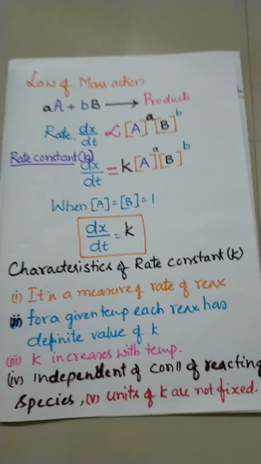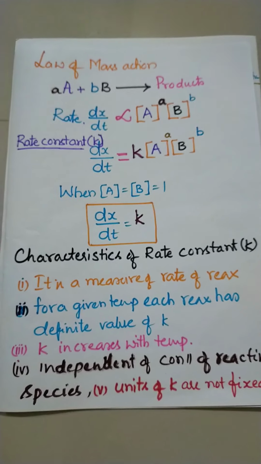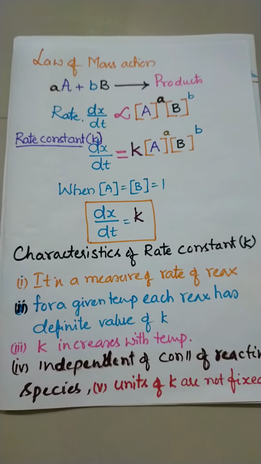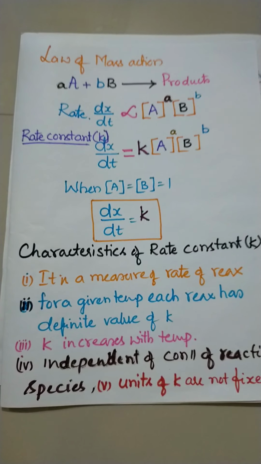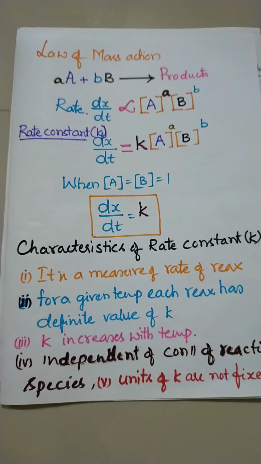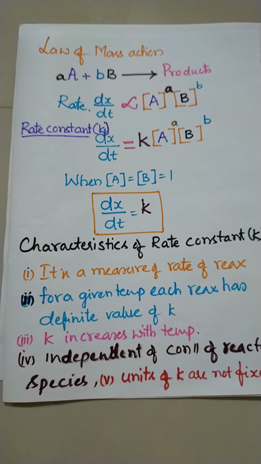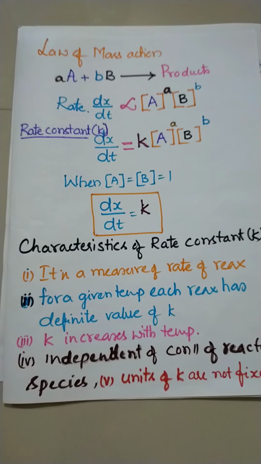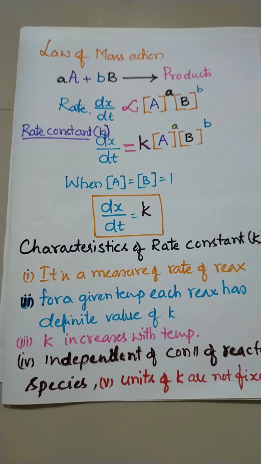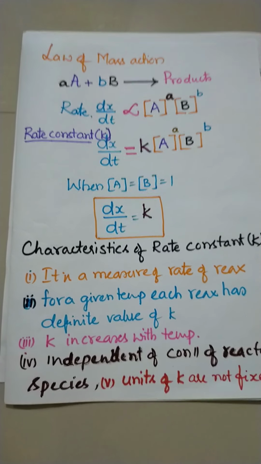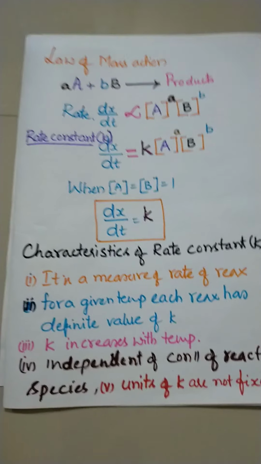So we have completed two clear concepts: the law of mass action with the general equation, and the statement also. When you write the general equation, you should get the statement. You should get the definition by knowing the expression of the law of mass action. Very clear. So the next one is,